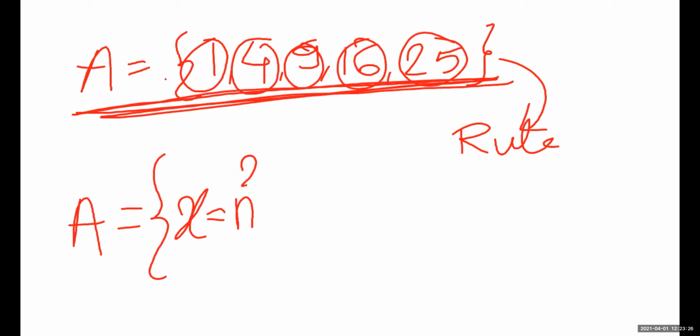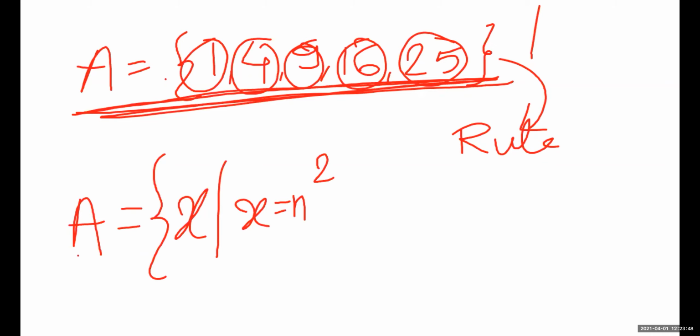So I am writing like this. A is a set of x such that this x is a square of a particular number. Till here understood? Okay. Every x is a square of a particular number.